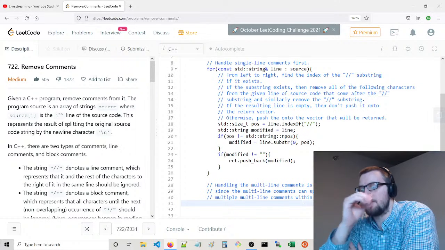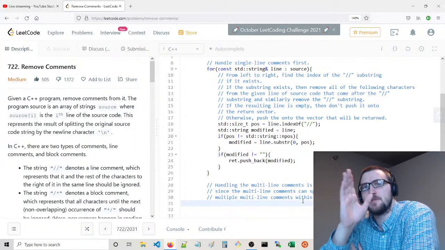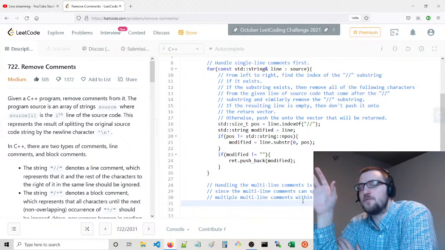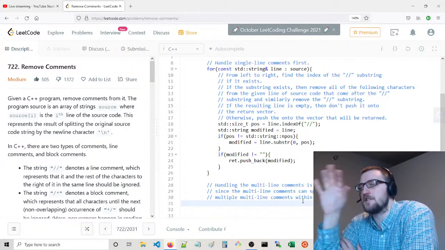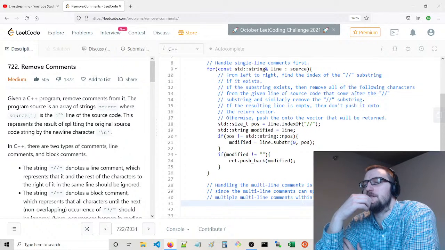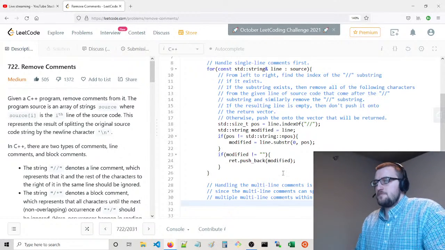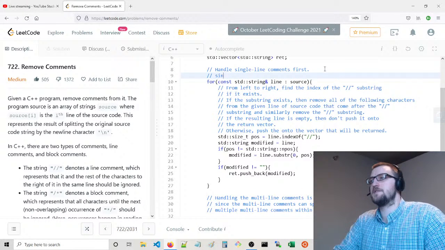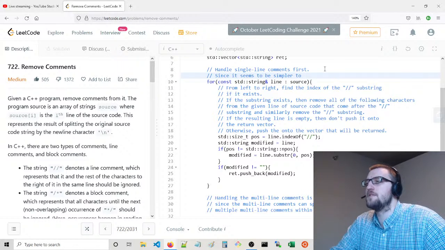Basically have a state machine: if you see an opening block comment, we don't include any of the characters until we see a closing comment. And then we can just go character by character through a single line, since it seems to be simpler.